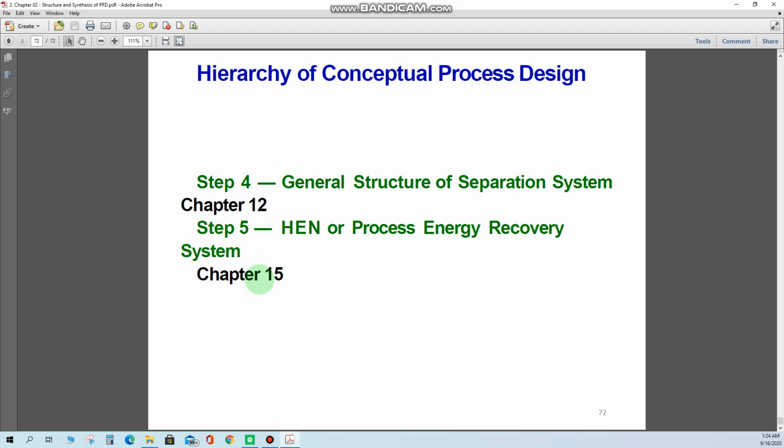So in this chapter we mainly talked about the recycle structures that we have to consider, and we have to see whether we can go for batch or continuous processes. Then we have seen what the input and output structure of the process is, and ultimately we have seen what a recycle structure is and what kinds of recycle structures we can actually use.